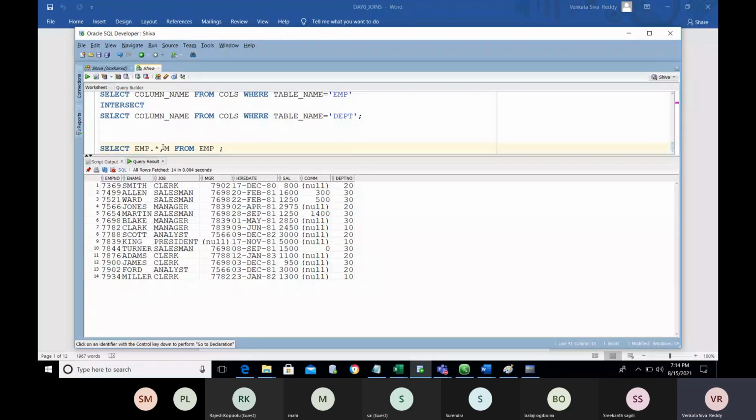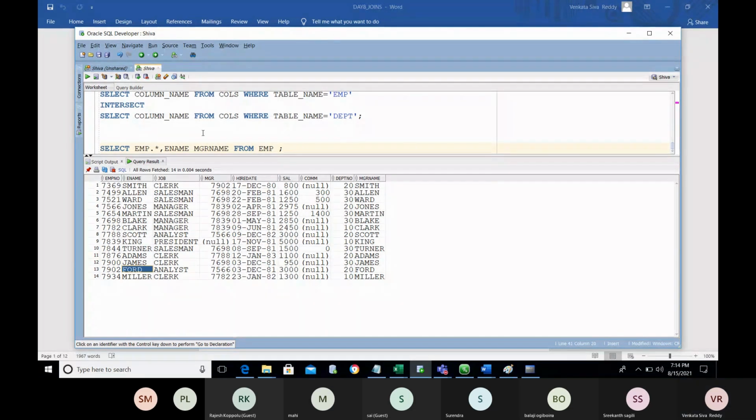Now if I mention ENAME, you will get the employee name as the manager name here. This is not actually correct, right? 7369 is Smith, this is the employee name. 7902 has some name that needs to be displayed. 7902 is Ford.